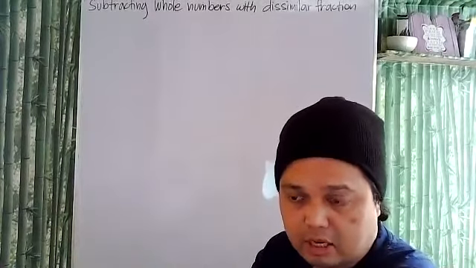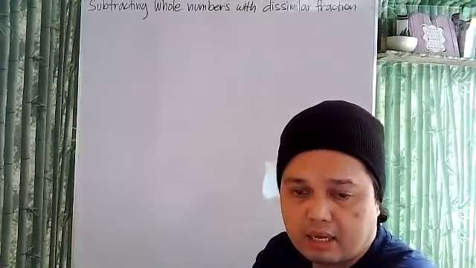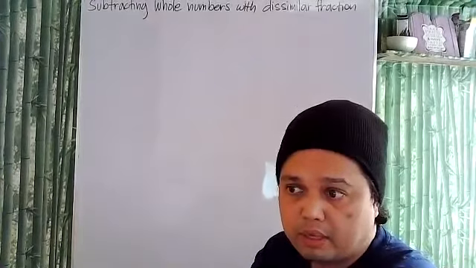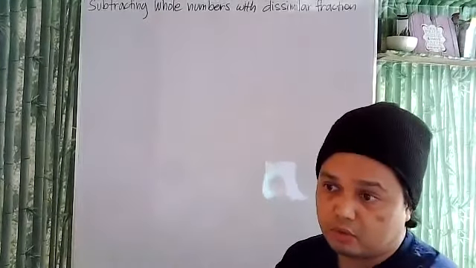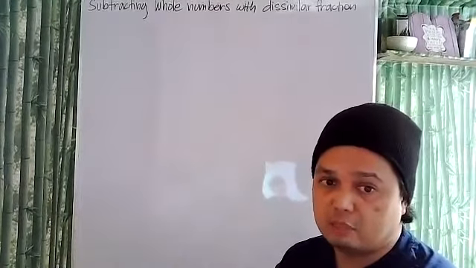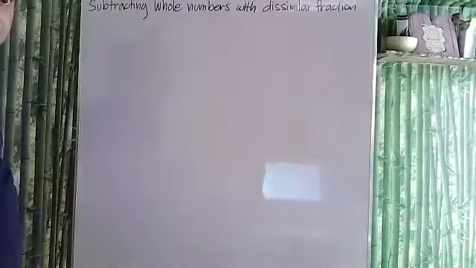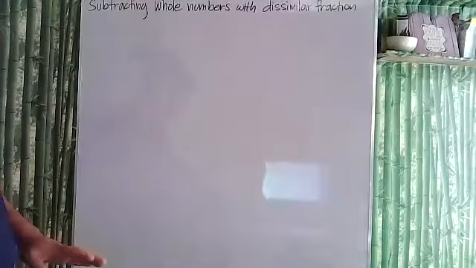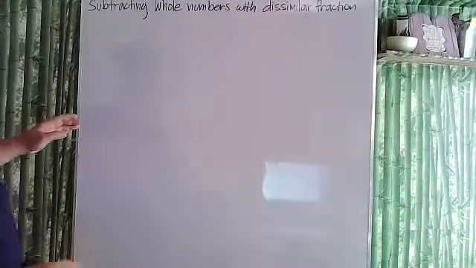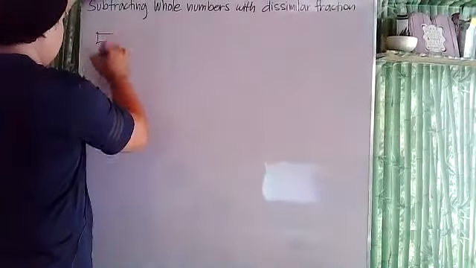The same process: just subtract the whole numbers and subtract the fractions. But if the fractions are dissimilar with each other, we must first change the dissimilar fractions into similar. So let's have an example for that. I'll just give 5 examples, then we're going to wrap up our lesson for today so that I won't take much of your time. So let's have first 5 and 1/2